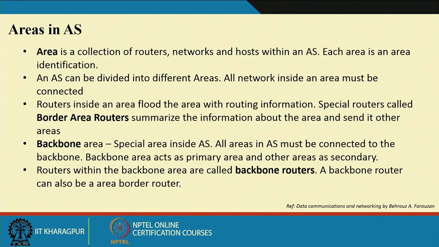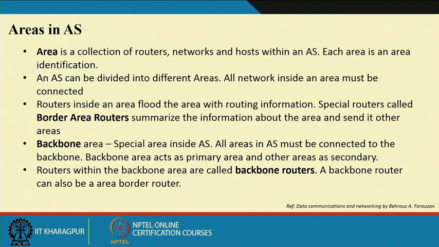One of the areas, sometimes referred to as area 0, is the backbone area. It is a special area inside the autonomous system, and all areas in the AS must be connected to this backbone area. The backbone acts as the primary area, others as secondary. So, in an autonomous system there is an area called the backbone area, or the area with ID 0, which takes care of and summarizes the information of all the areas of the autonomous system,